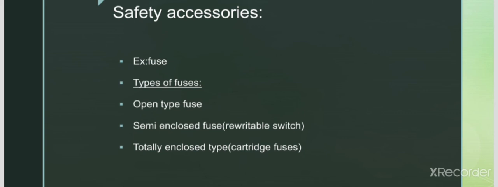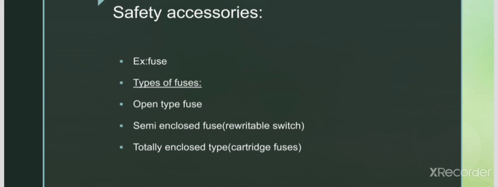Coming to the fuse material, the fuse element should have characteristics like a low melting point, high conductivity and low cost. These are the requirements of fuse elements. Mostly the fuse element is made of either copper or zinc. For currents exceeding 15 amperes, copper wire fuses are used, whereas zinc is used where a considerable time delay is required.